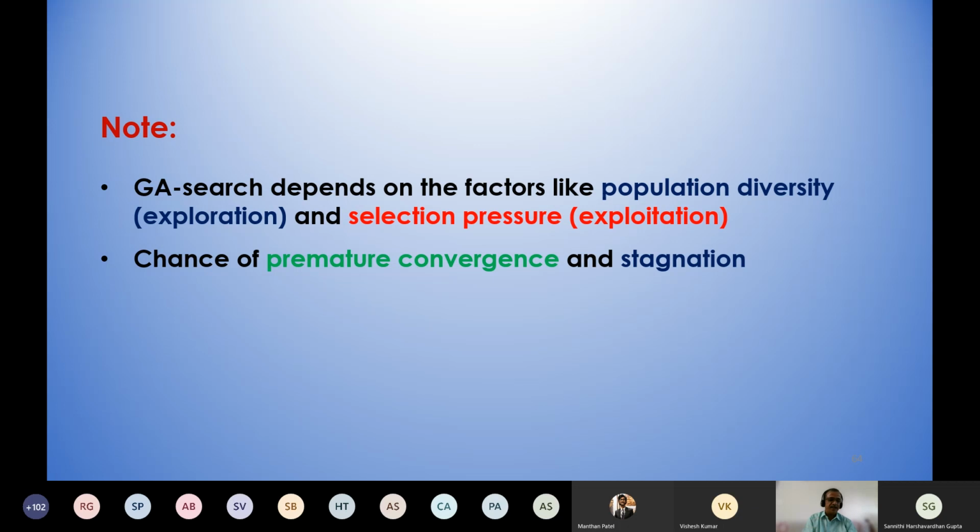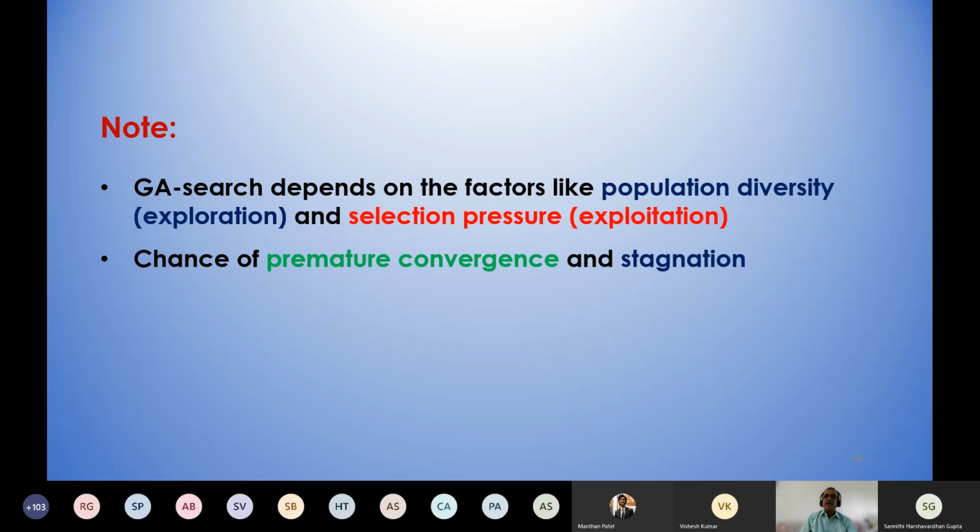According to the rank, the second string will have the probability value 0.1. The fourth string will have the probability value 0.2. Then the third string will have the probability value 0.3, and the first string will have the probability value 0.4.